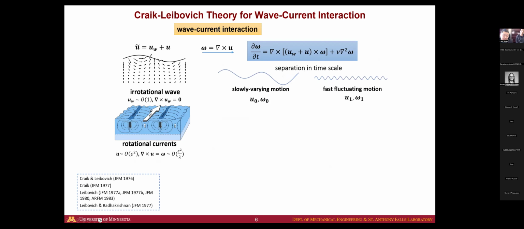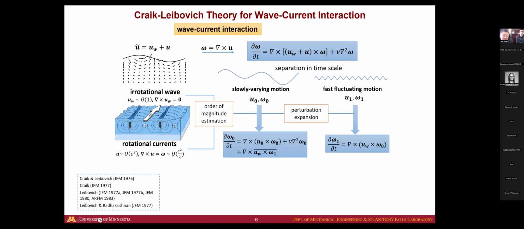And then decompose the flow field into different time scales: what is called slowly varying motion and also fast motion. The slow ones correspond to the wave period, the wave time scale. Those slower than the waves are called slowly varying motion, and those comparable or smaller are called fast motion, right? And then using some order of magnitude estimation and perturbation analysis, the CL theory did something really nice to